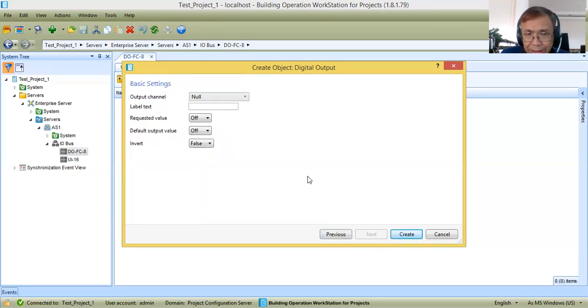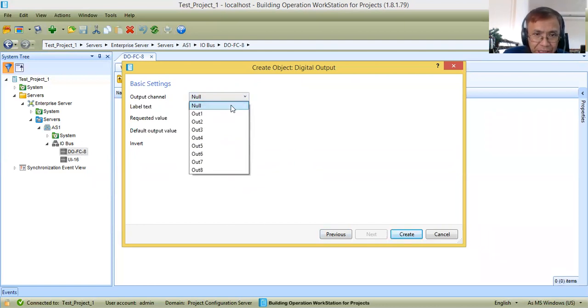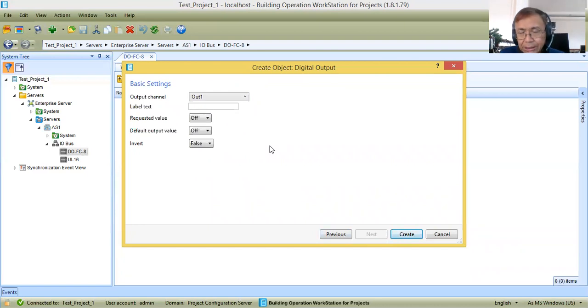Output channel: now we have to specify the output channel. Since this digital output has 8 output channels, I will put it in out 1. Meaning digital output number 1, I will be using it for my EF1 or duty start stop command.